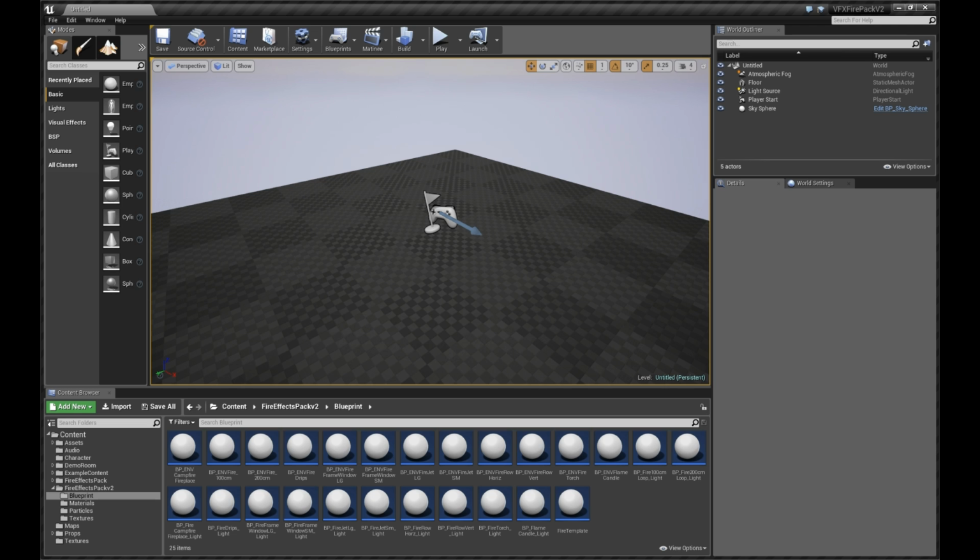Now, the biggest change between Firepack version 1 and version 2 is that I've added some blueprint functionality in two different ways. One way is I've added some light controls on basic effects, and I've also added environmental effects where you can have crazy amounts of variation. So let's take a look at the